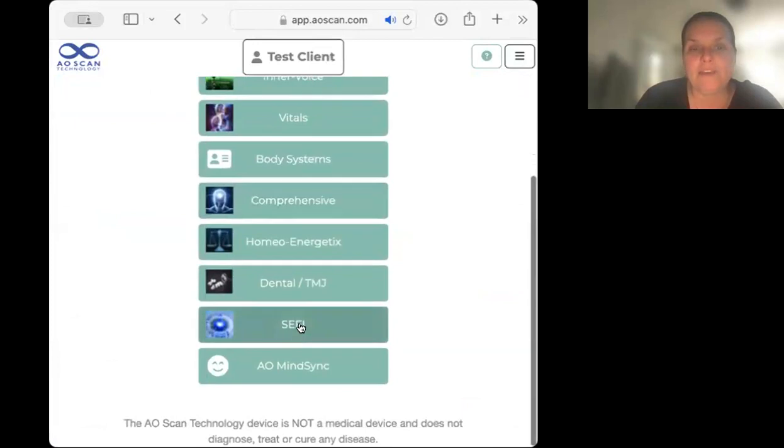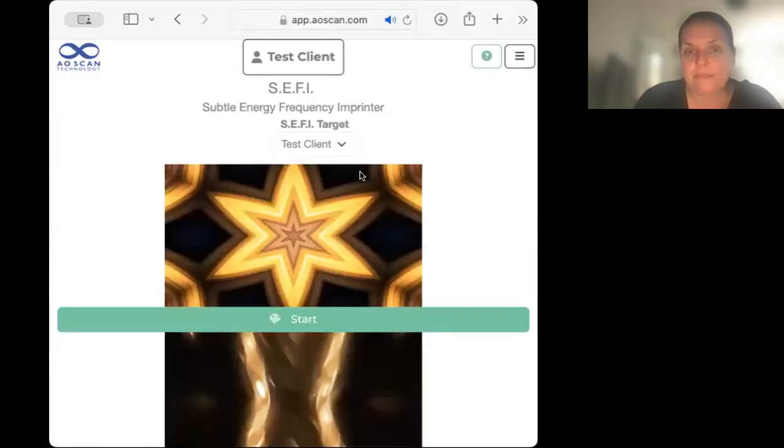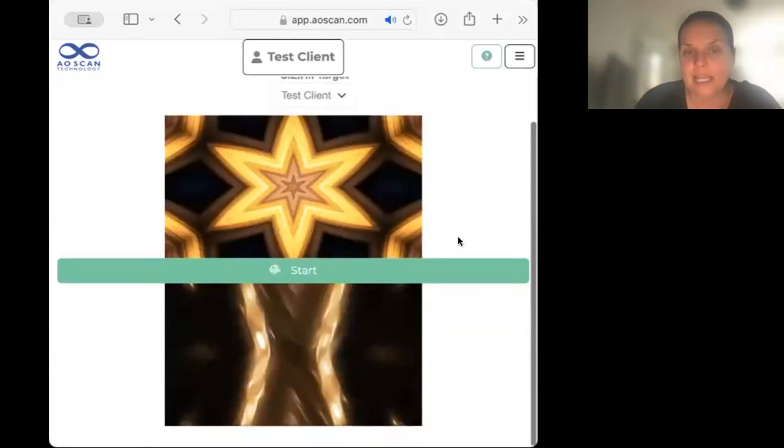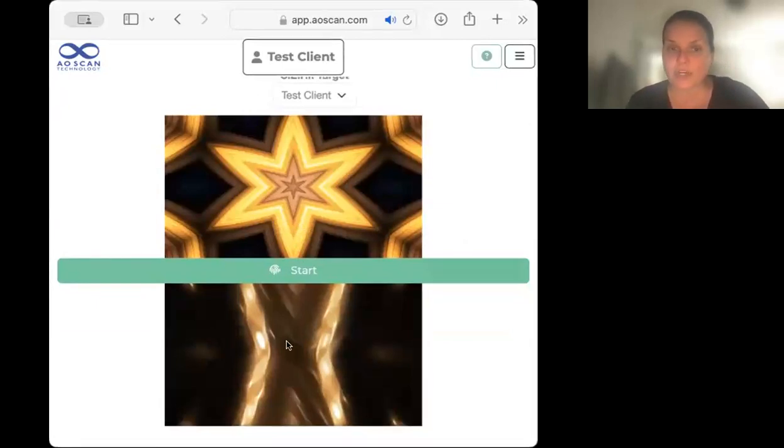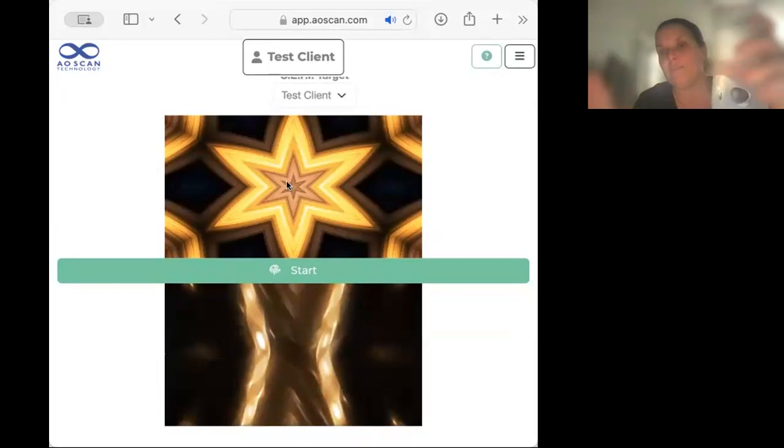And then my favorite area is SEPI, subtle energy frequency and printer. Okay. At the very top, you can imprint something. So let's say I wanted to imprint vitamin D in my water. I could take vitamin D drops in a glass jar and I could put them on the bottom fractal, I don't know, what is that, like a little crooked 11. And I could put my water up against the star at the top,